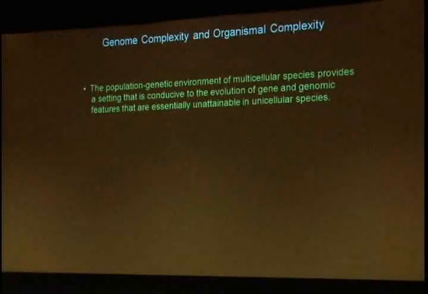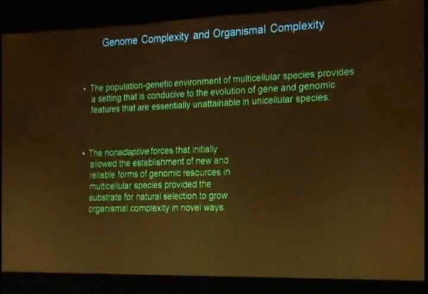environment of multicellular species is fundamentally different than it is for unicellular species. The same basic forces apply in evolution in all organisms. The relative importance of different forces is what changes dramatically. This is not to say that I don't believe in natural selection, but there's a fundamental difference between the mechanisms that give rise to changes in genome structure and gene structure and the ability of natural selection by standard processes of modification by descent to take advantage of the new form of genetic real estate that evolved in multicellular species,